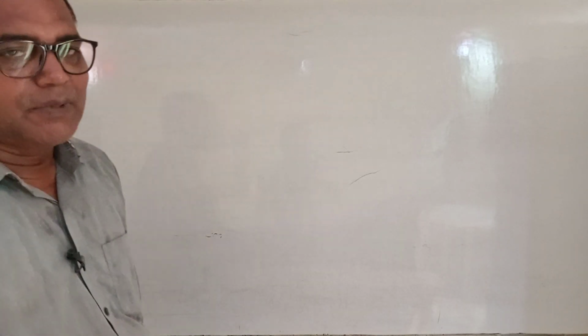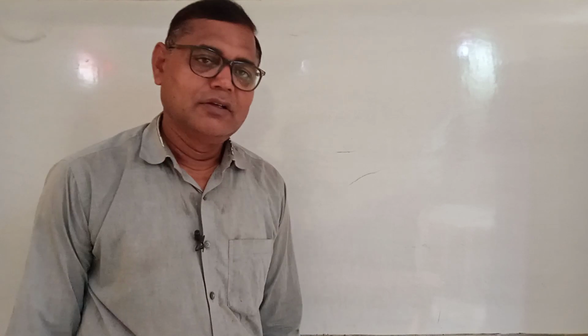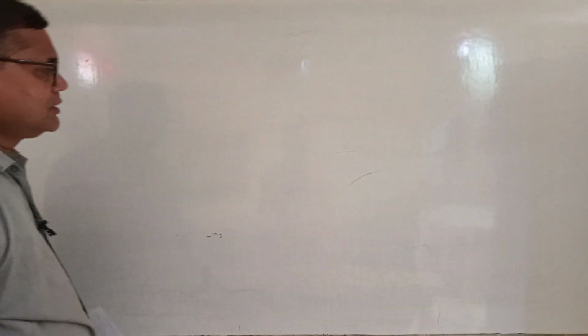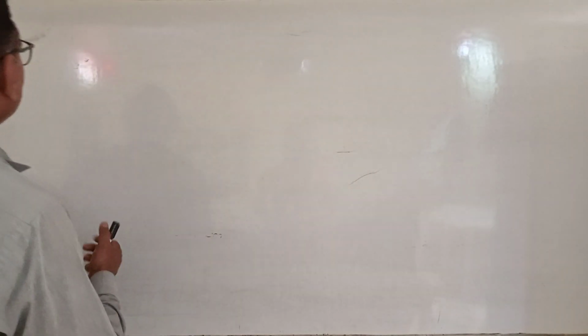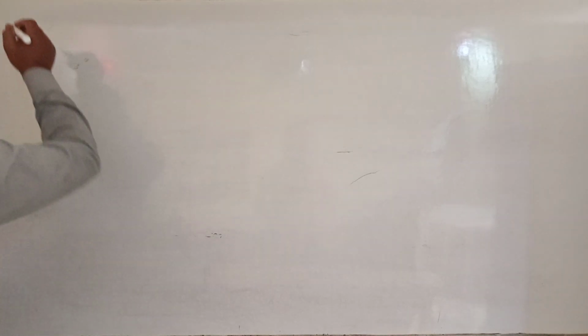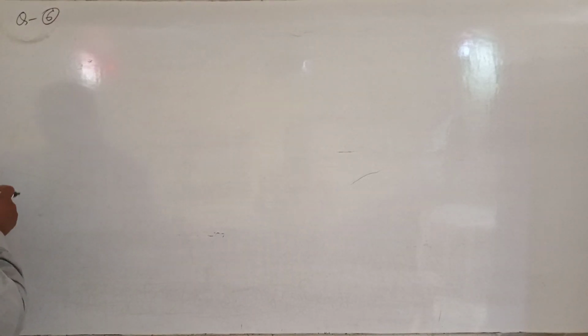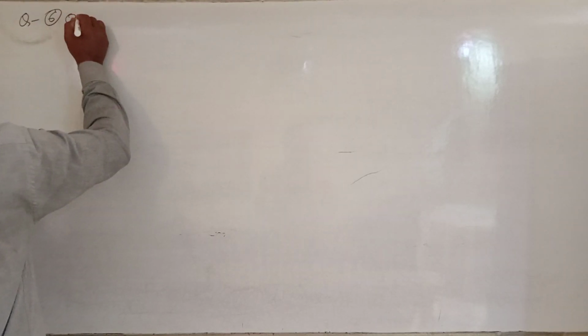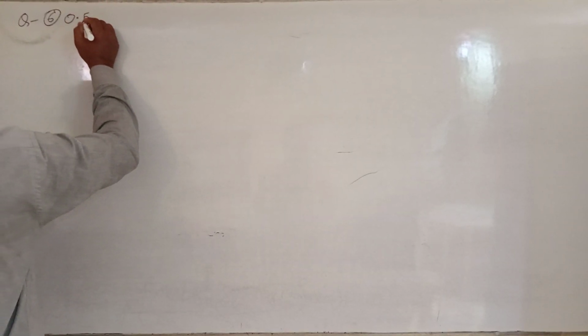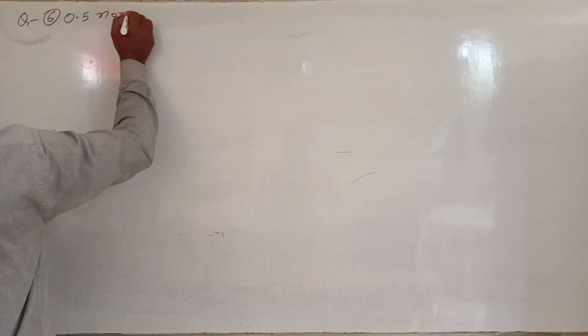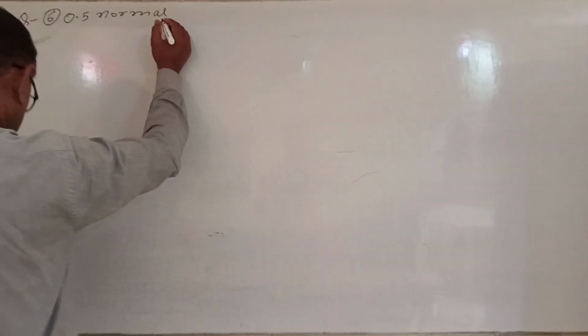Today we explain numerical number. We write numerical number 6. Numerical is 0.5 normal